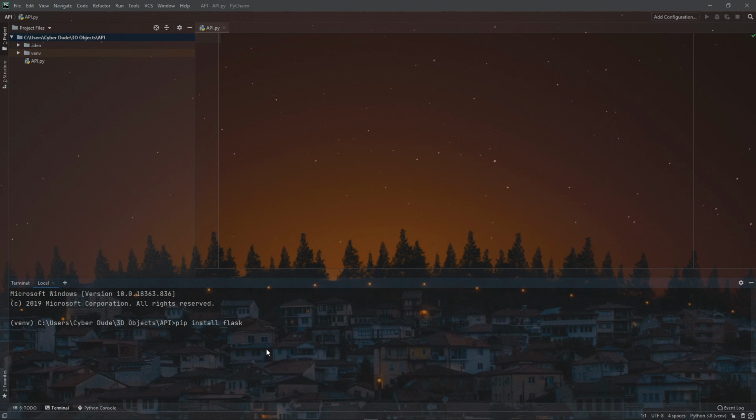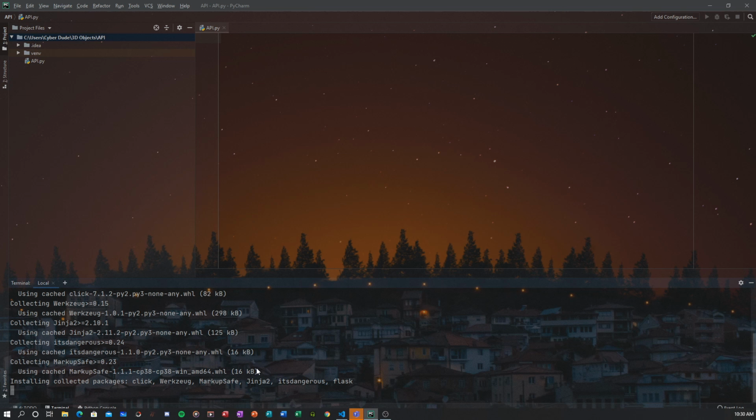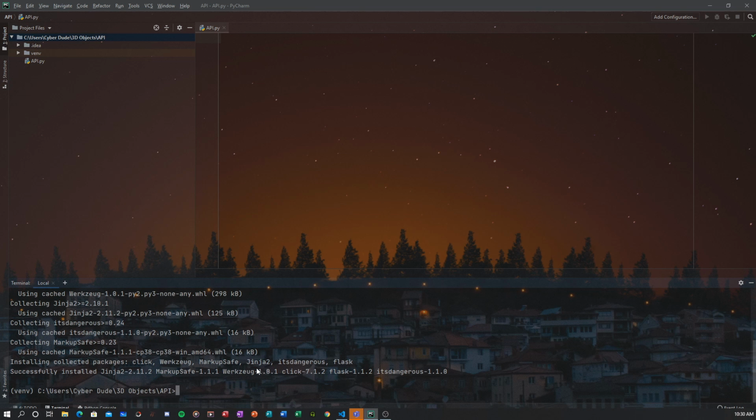I'm using Python 3, and if you also have a version of Python 2 installed, then what you want to do is write pip3 to install for your version of Python 3. So we're just going to install Flask. It's going to collect Flask and install it for us. Just give it a minute. Yes, as you can see, Flask has been installed, and now we need two modules from Flask.